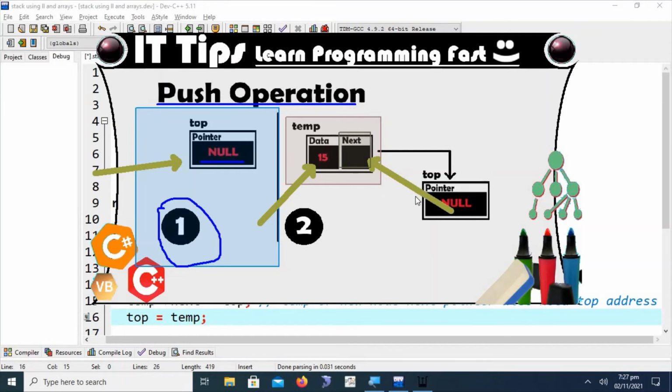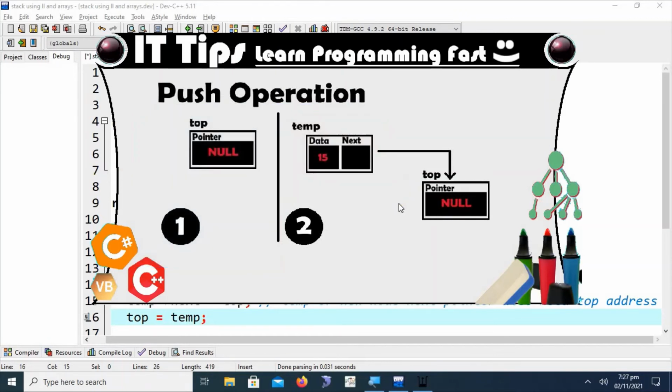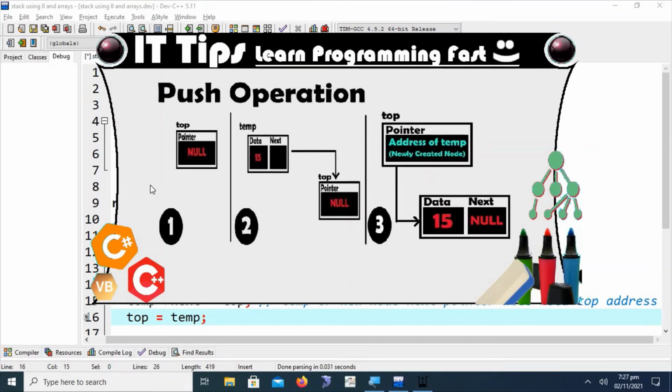And the third phase is also interesting. The first and second phases I have minimized here. This is the third phase, in which the push operation is successfully performed. How? Because we have said that top is equal to temp.